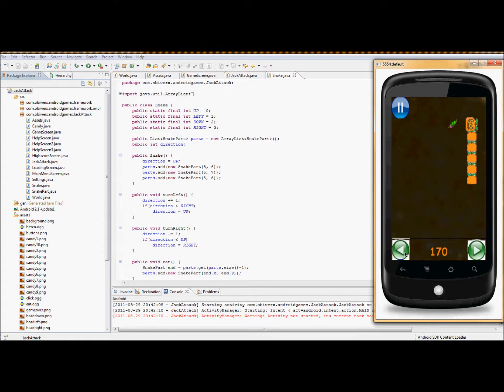But see, each candy has a different point value. As the snake eats it, it's not incrementing by the same point value each time. You can see it's choosing lots of different colors, not just 3 like it was last time. So, oh, I managed to start to make my own game out of